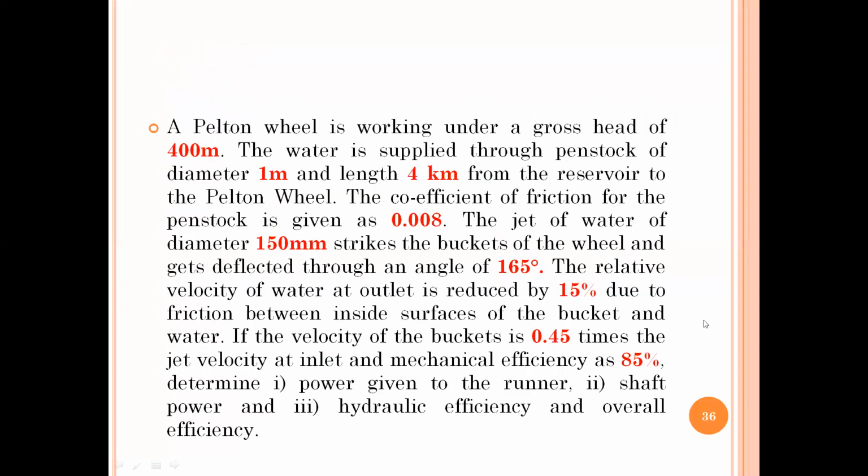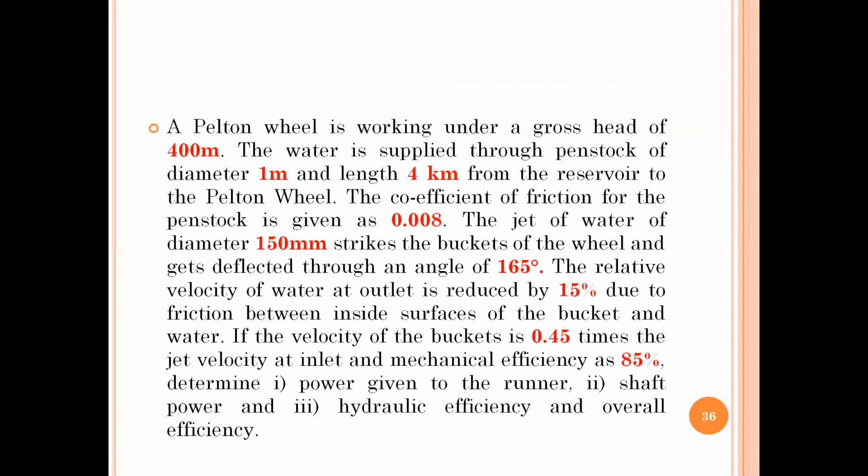Now coming to the next problem. The next problem is a little bigger problem. Because of that, since so many values are there, I have given the values in bold red letters. So I'll read out the problem. A Pelton wheel is working under a gross head of 400 meters. The water is supplied through a penstock of diameter 1 meter and length 4 kilometers from the reservoir to the Pelton wheel. The coefficient of friction for the penstock is given as